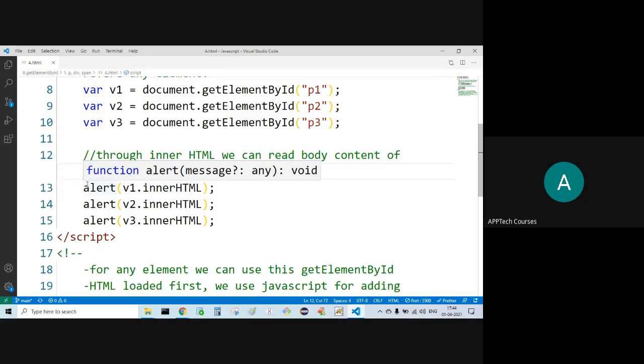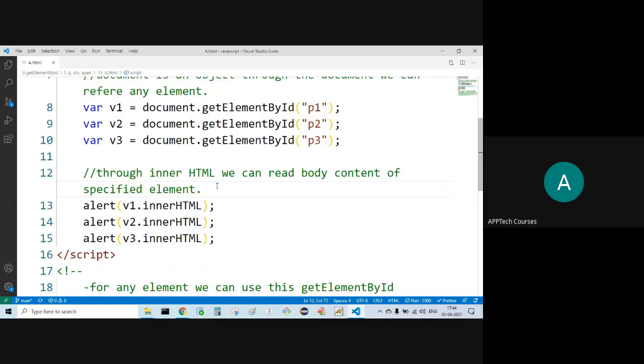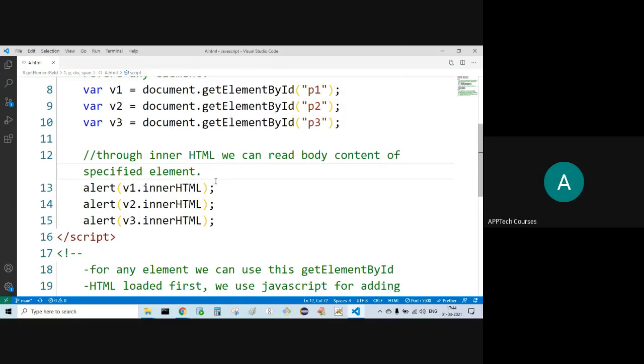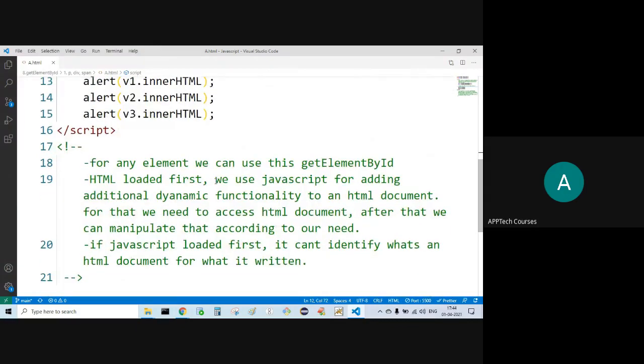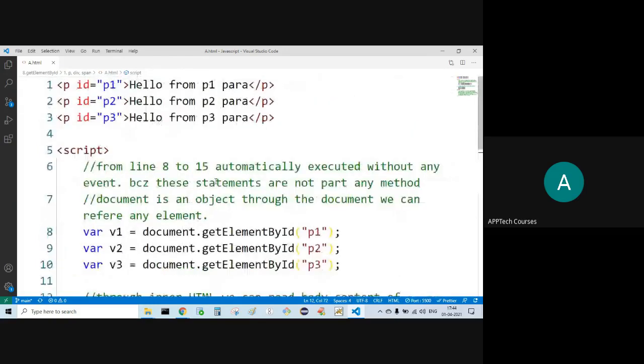Now alert V1 dot innerHTML. innerHTML in the sense, whatever the content is there, this is the content of this element or tag.